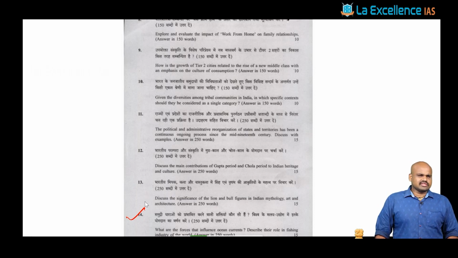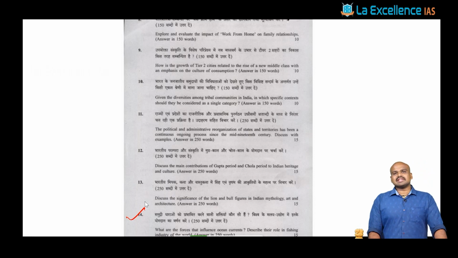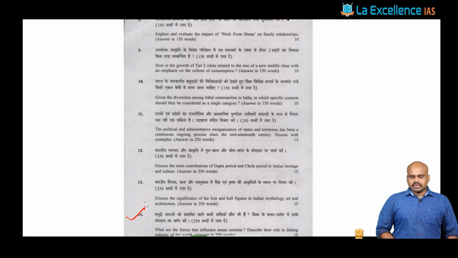I think if you have seen the Lapse Purana video, we have already discussed this particular question as part of the previous year questions. In that question, it asked about the influencing factors with respect to the oceanic currents, and also about their impact on navigation, regional climate and the fishing industries. But here in 2022, UPSC asked only about the role in fishing industries. Right? That is one question that is asked.